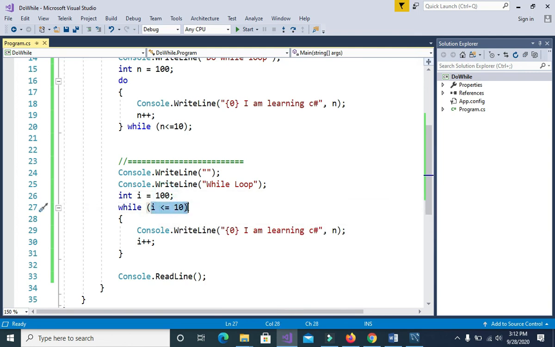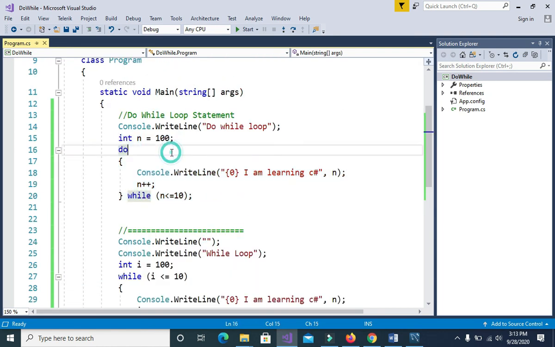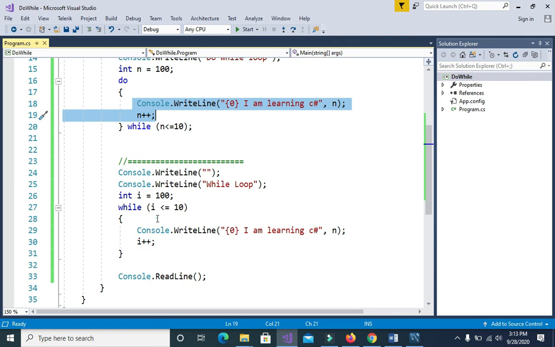That is why this is false, so there's no way for us to execute this. But unlike our do while, we execute first before we test. That is why there is at least one occurrence. But for while, it tests first before it executes.